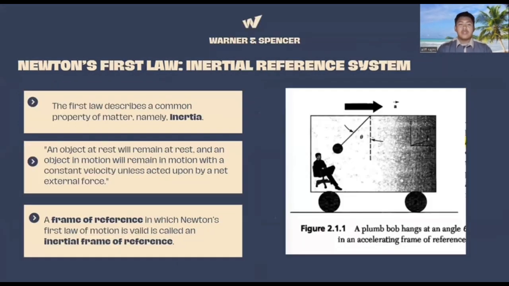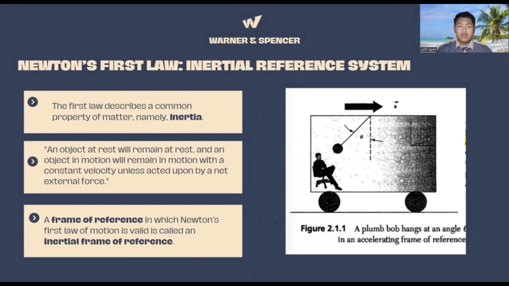Next we move to Newton's first law, which is the inertial reference system. The first law describes a common property of matter, namely inertia. It states an object at rest will remain at rest, and an object in motion will remain in motion with a constant velocity unless acted upon by a net external force. Choosing a frame of reference, or a set of coordinates in configuration space, that can be used to determine the location, velocity, and acceleration of the particle at any given point in time is necessary for a mathematical description of